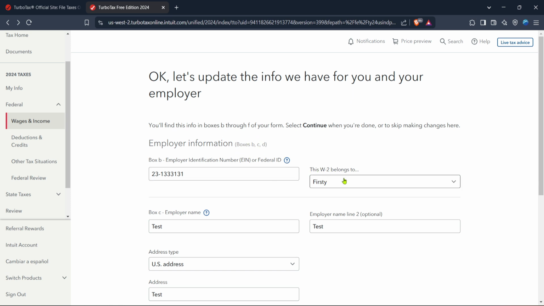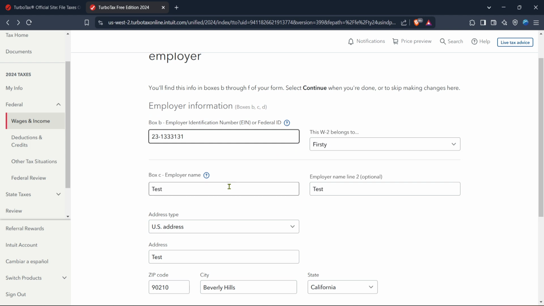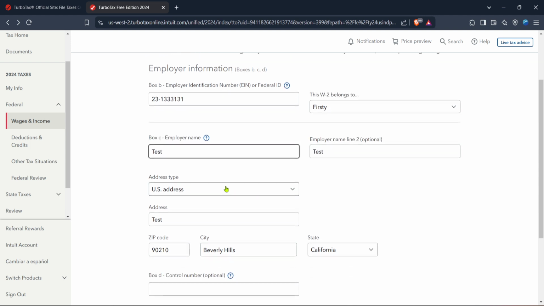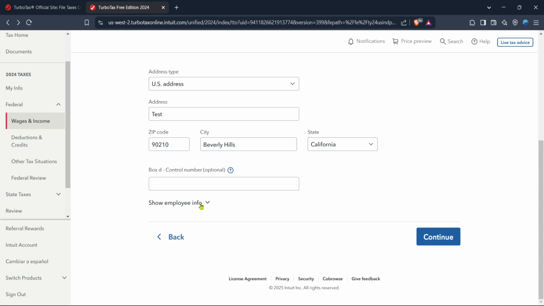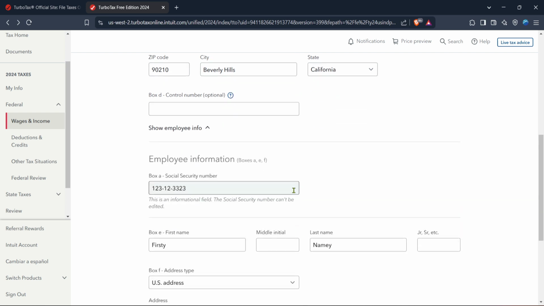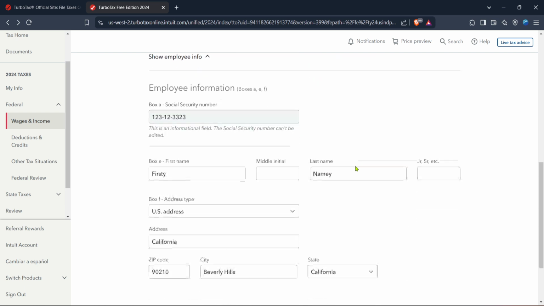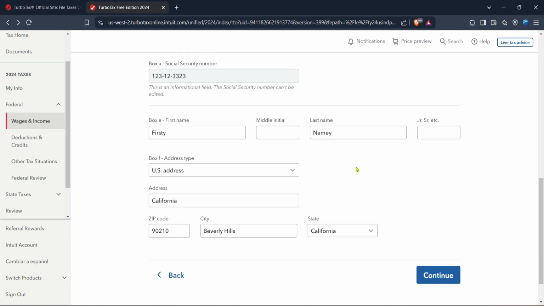Within the wages and salaries section, you'll see an option to input your W-2 details. Click on W-2 to proceed. You might see a prompt that asks if you want to revisit an existing W-2 or add a new one. If you need to update or edit an existing entry, click on Revisit. Otherwise, to start from scratch, click on Add Edit. This will allow you to start inputting your new information or making necessary adjustments to what you've already entered.